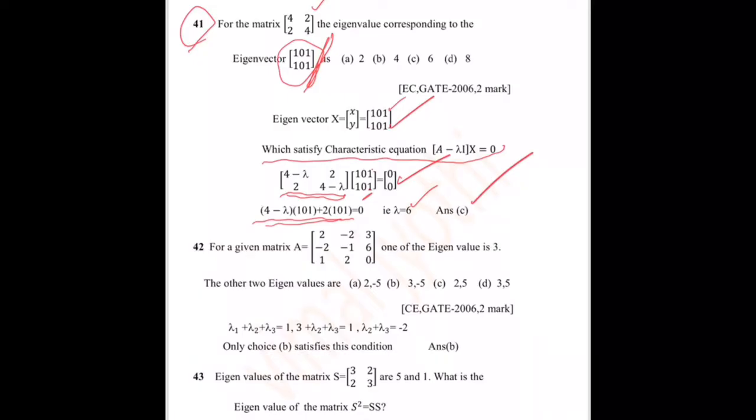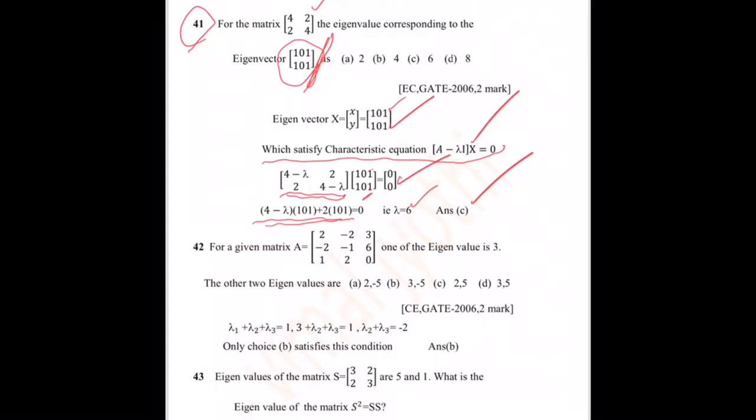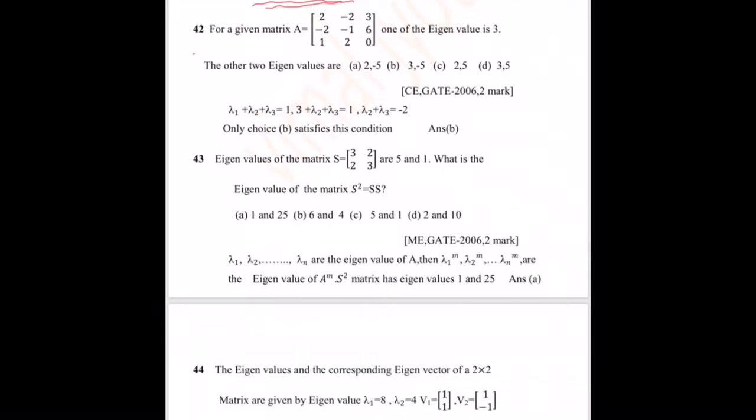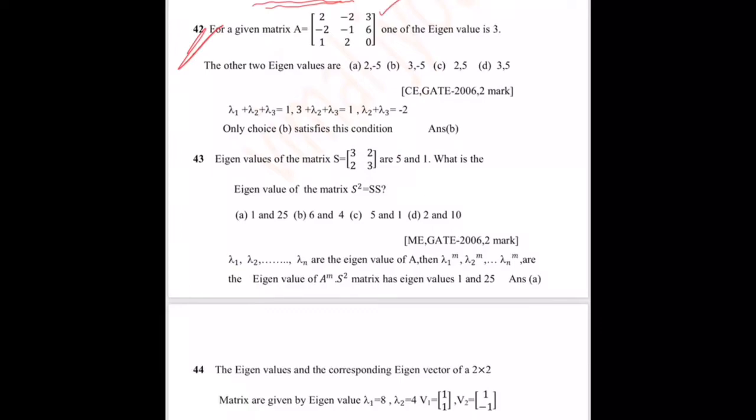That is, the eigenvector x satisfies the characteristic equation A minus lambda I x equal to 0, where x is the eigenvector and lambda is the eigenvalue. Then problem number 42. For a given matrix, one of the eigenvalues is equal to 3. The other two eigenvalues are